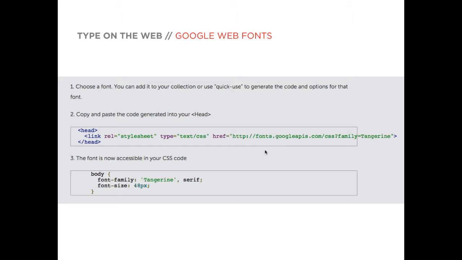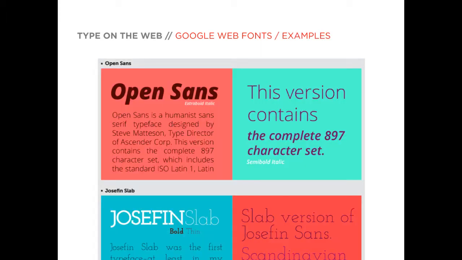So if we're using the Google Web Fonts, what we would do is just mention the URL in the head element, and then in the body of our CSS, just say font family and the type name. And if we look at some examples of the Google Web Fonts, Open Sans, Josefin Slab, there are plenty, and we can see them all on a website called awards.com, awards written with 3 W's, and read all details of